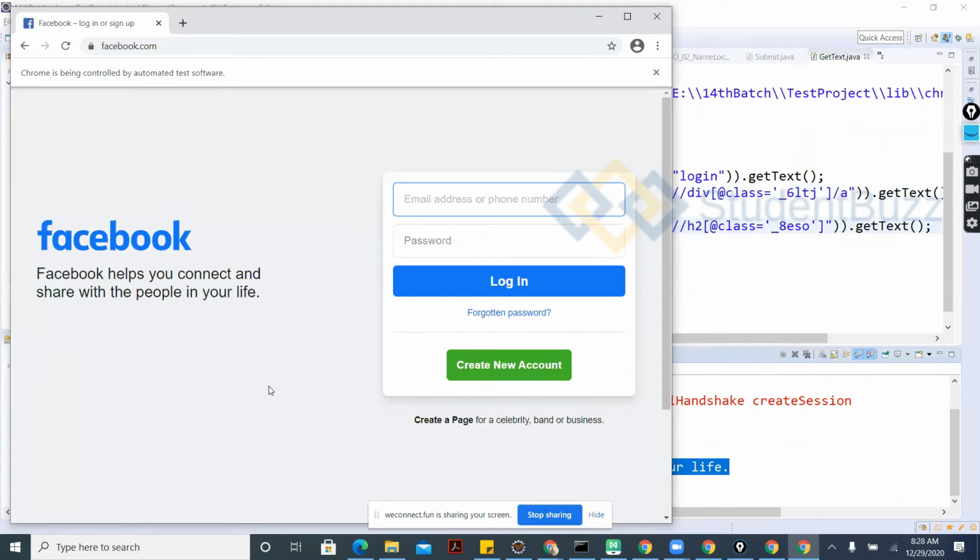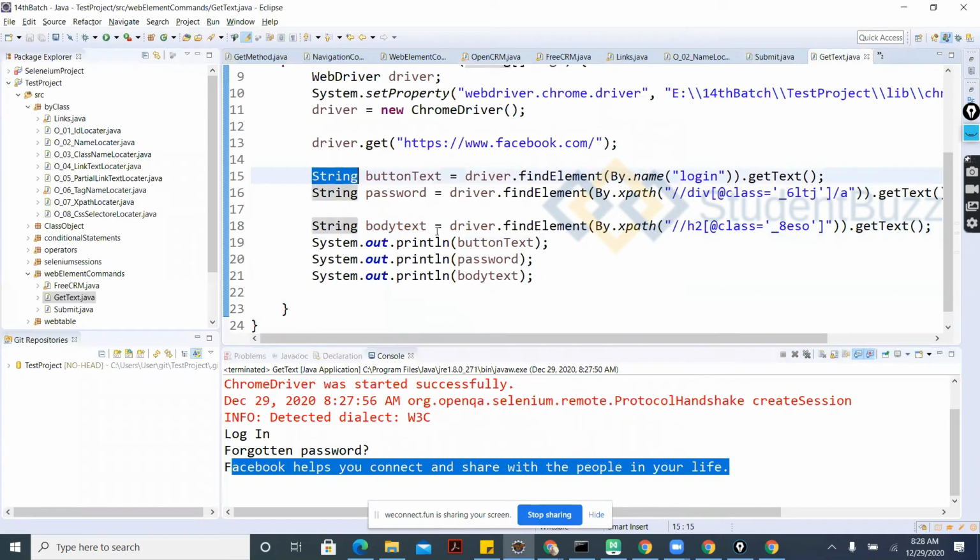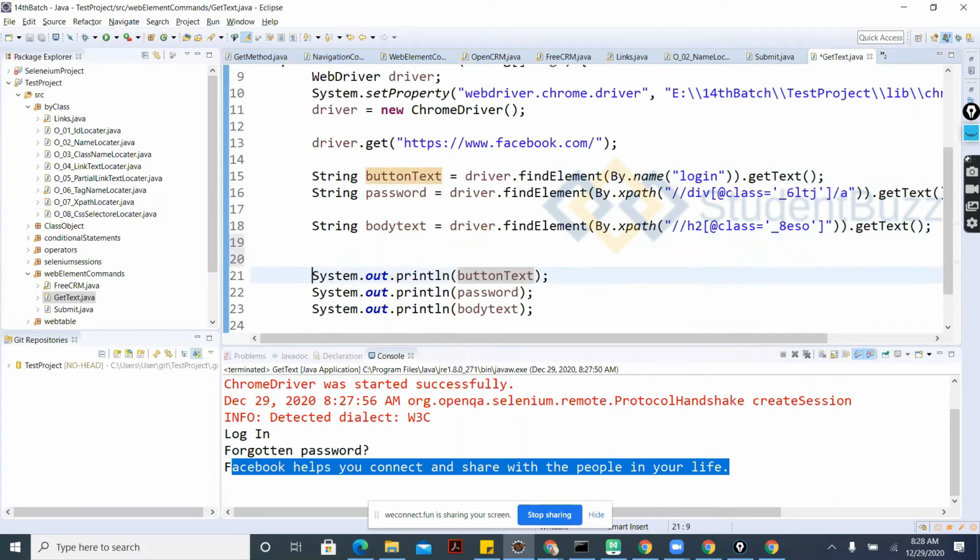If you want to get the text inside the body of the page, inside this button or inside the link, whatever it may be, by giving this particular XPath or locator value, you can get this text, catch it in a string, and manipulate that string however you want.